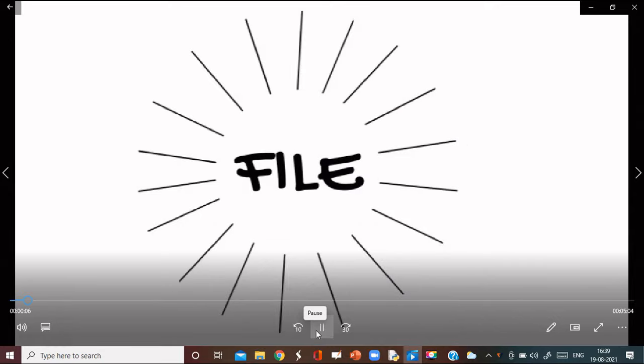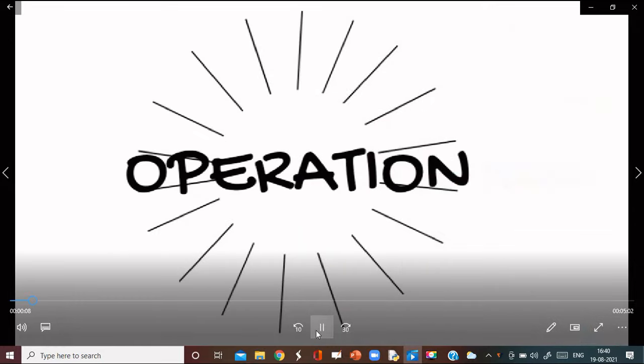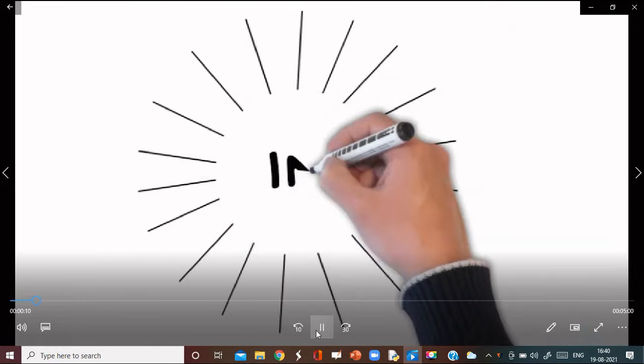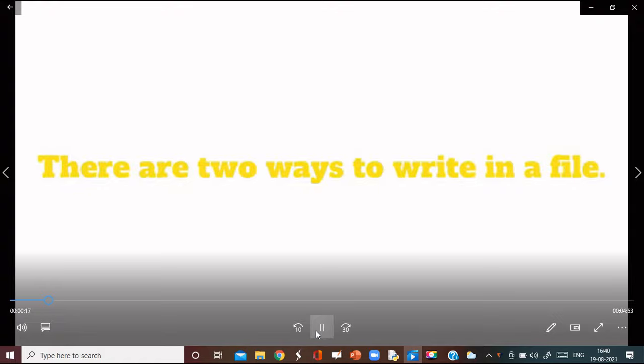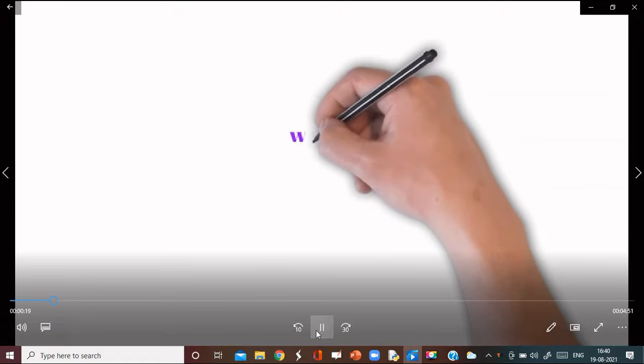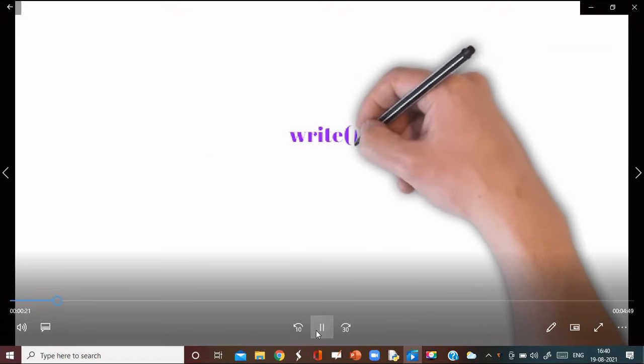Learn text file operation in Python. There are two ways to write in a file. First is the write function.